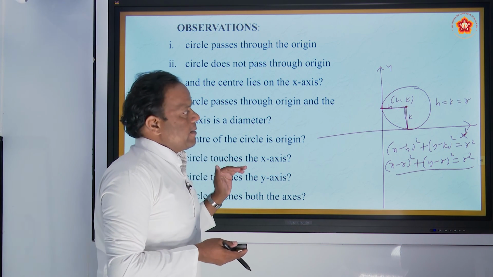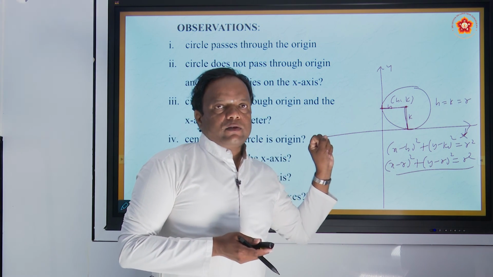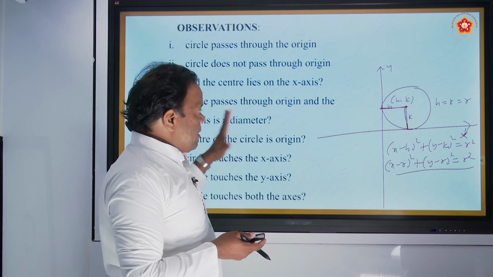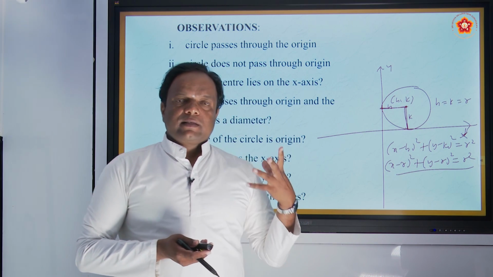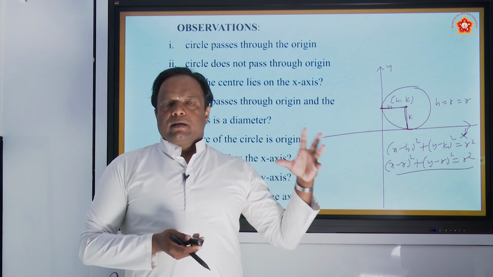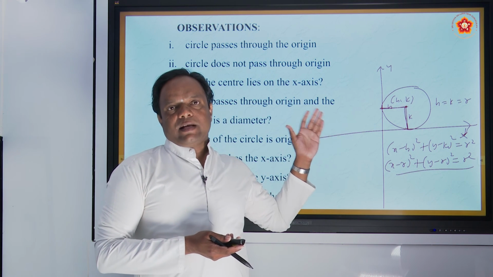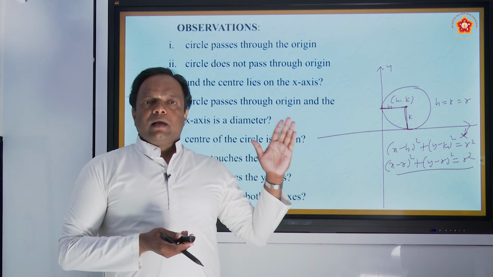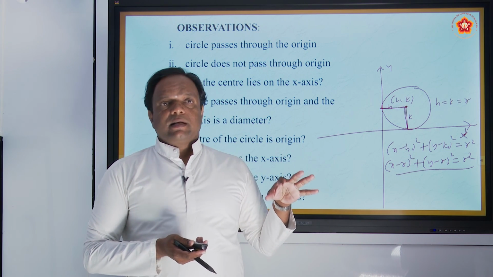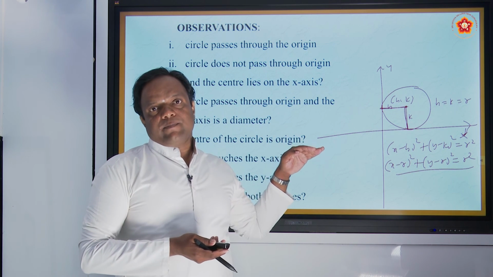Interesting observations are here. I will show you each observation by drawing the figure in the next session. The problems are very interesting. Remember all the conditions and draw the figure neatly: touches the x-axis, y-axis or both axes, center on the origin, touches the x-axis and center on the x-axis, passing through the origin and center on the y-axis. These are all our conditions. In the next class we start some important problems on the equation of a circle with given conditions. Okay, continue next section.